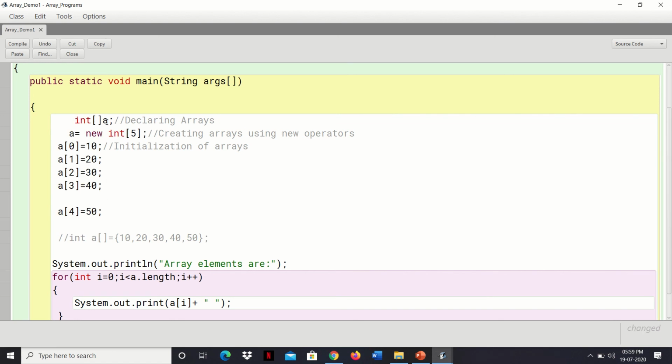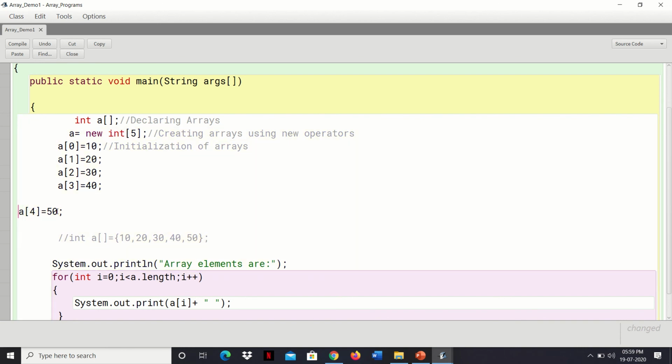first we have done the declaration. We can declare in any of the ways, but it is better to use it like this, int. Okay, then creation is done. As you can see, size cannot be negative, size is always positive, the new operator is there. Then the creation is done, declaration done, then initialization. Individually we are initializing at each cell from A0 to A4, as you can see, students.